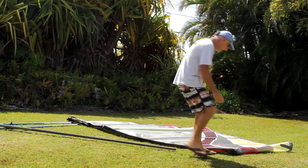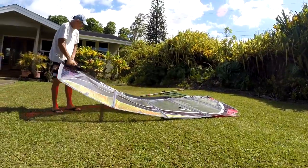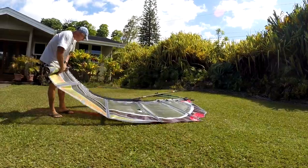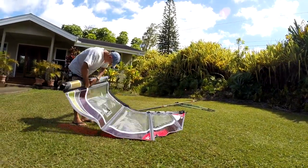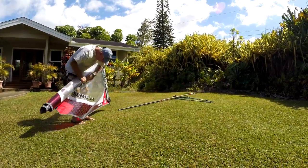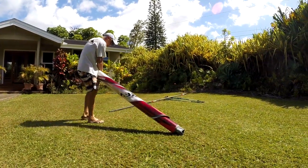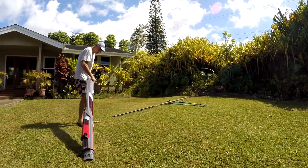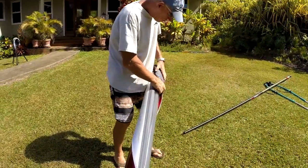Now we're going to fold the sail up, starting at the very head. Nice and tight. Finally, I'm going to tie it up, hook it over the button,